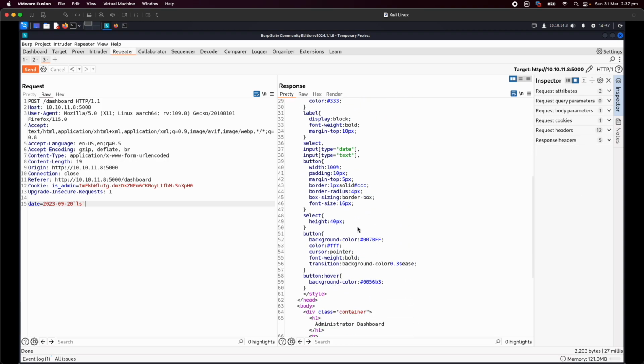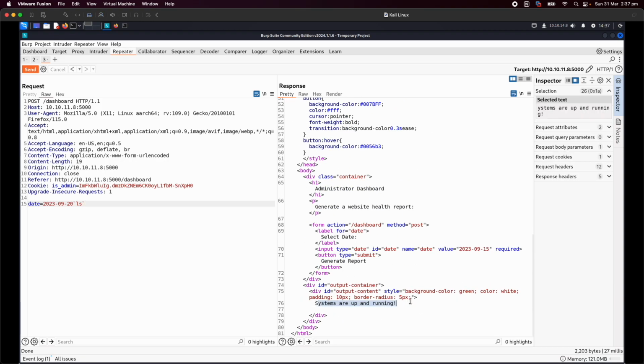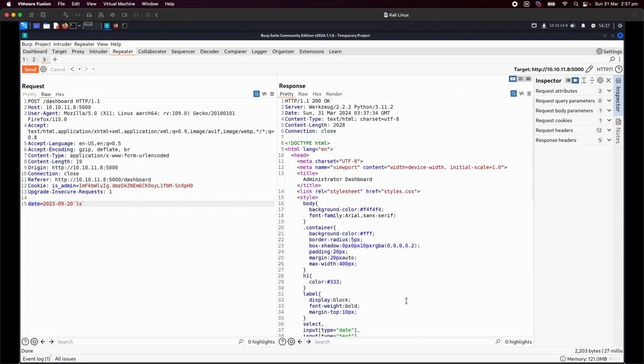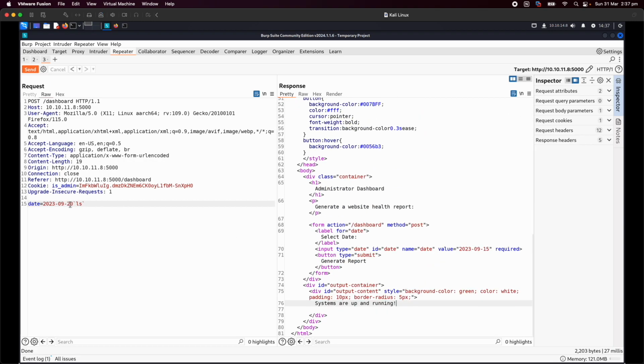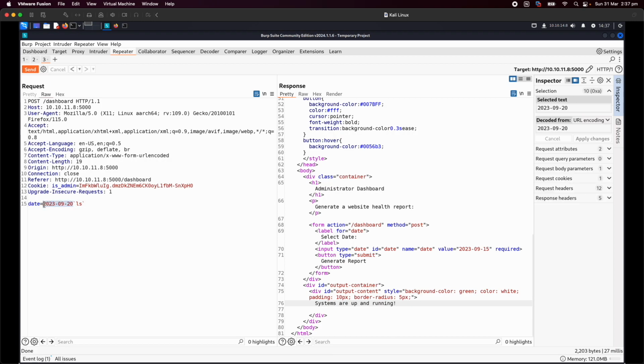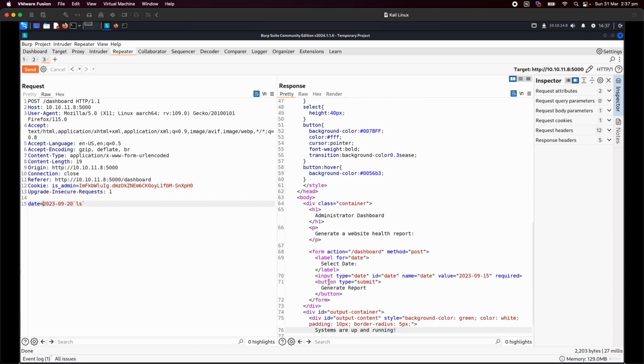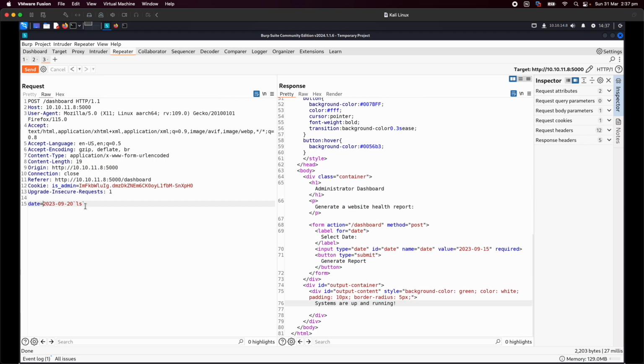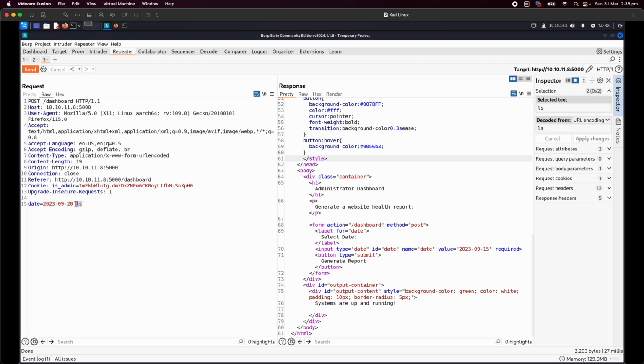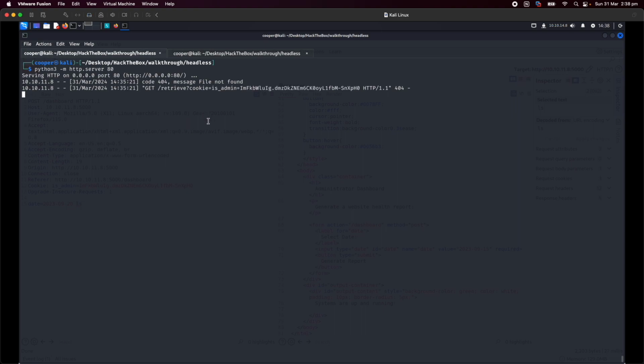Now, if we send that across, we just get systems up and running. That doesn't necessarily mean that our command was not executed, but because we're not actually getting a response back relating to this data that's sent within the date field here, we do need to try for blind command injection. So instead of relying on output on the response itself here, let's try and have a command that reaches out to us. That way we can see if command injection is working